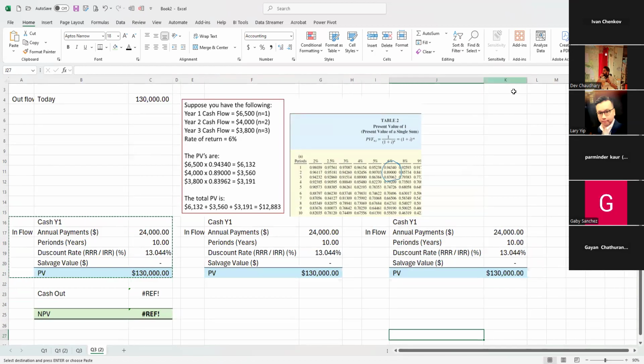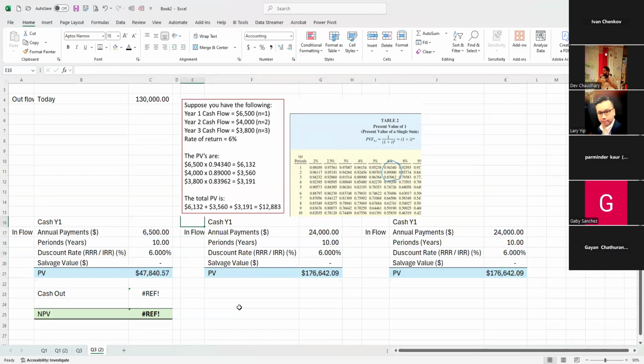So what we have to do now is this calculation 3 times. And obviously the interest rate is going to be the same. It's always going to be 6% here, 6% here, and 6% here. Now what's going to change? It's going to change the amount. First year we have